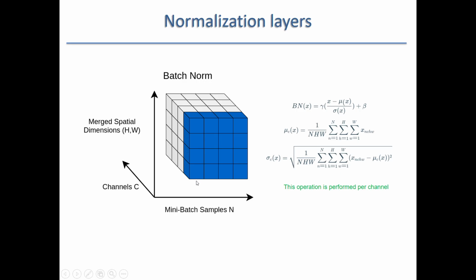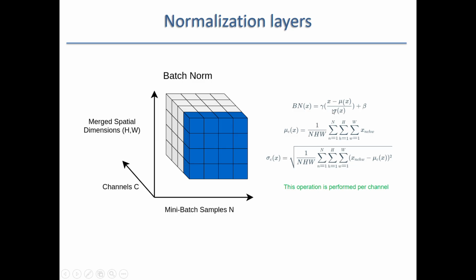This would be the slice corresponding to sample 1, sample 2, sample 3, and then we have multiple channels, and here we are representing all the spatial dimensions. If we are talking about images, then the normalization is performed per channel. So for all elements in the same channel and all the samples in the mini batch, we are computing the mean of those samples, the standard deviation, and when we are standardizing,